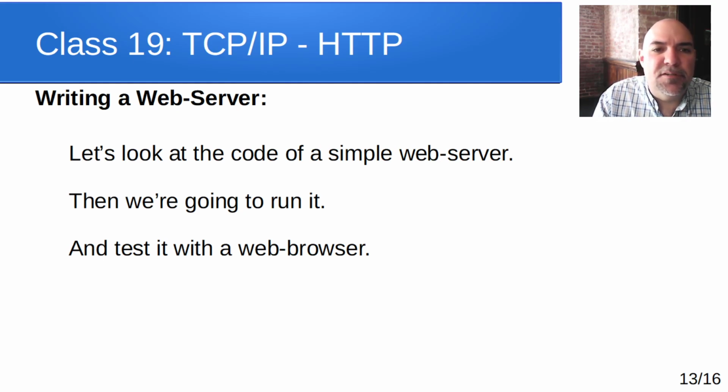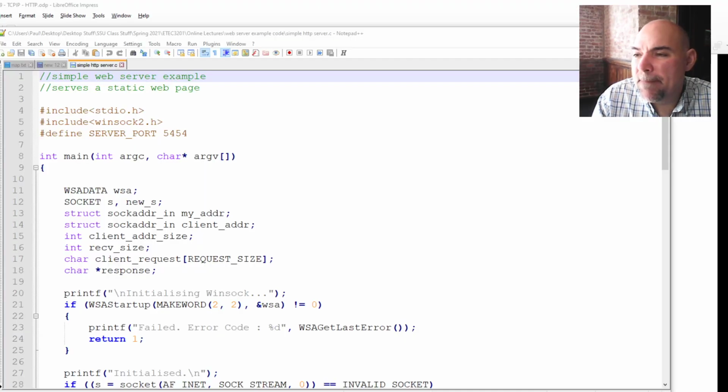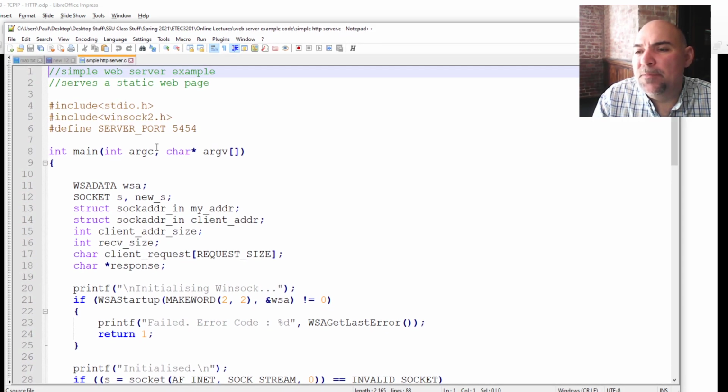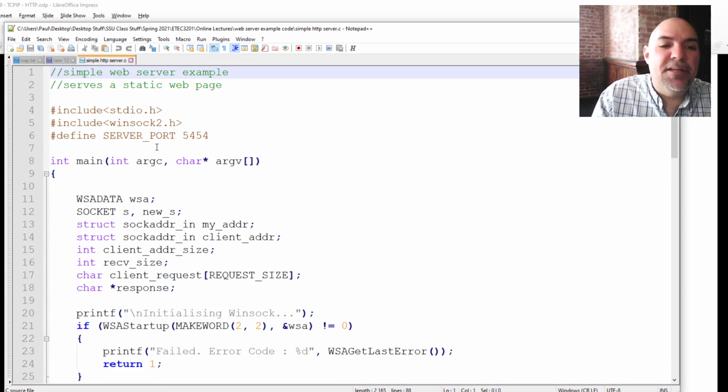Okay, let me switch this over so you can see this code. And this is a really simple server version that I'm just going to scroll down through. Let me zoom in just a little bit here. Okay, so the idea here is, first off, notice the things that I imported, and this is written in C,